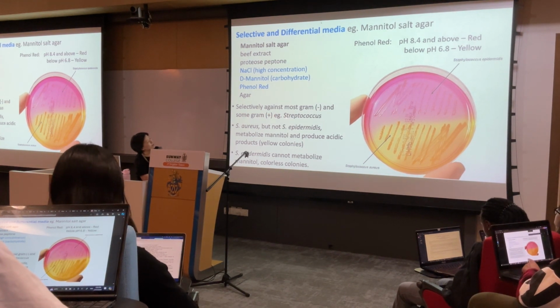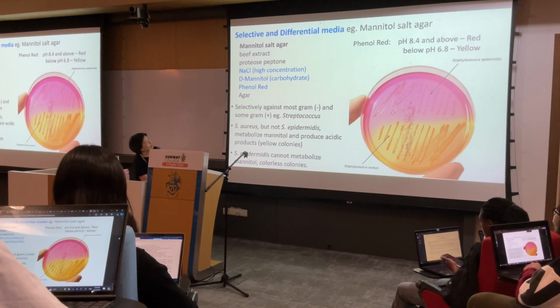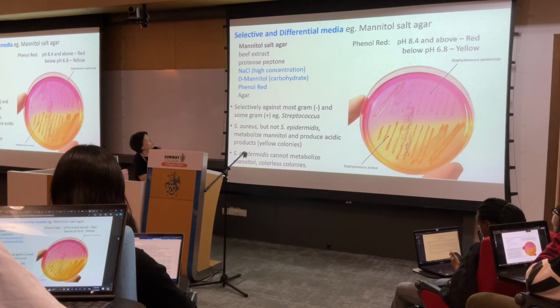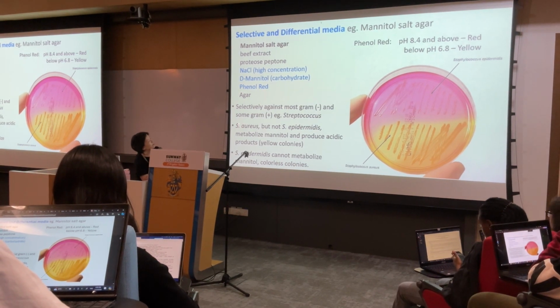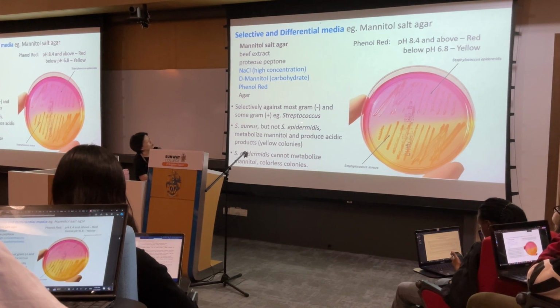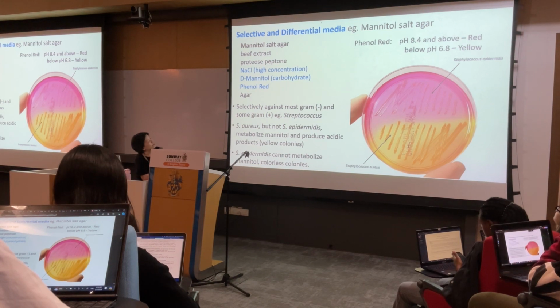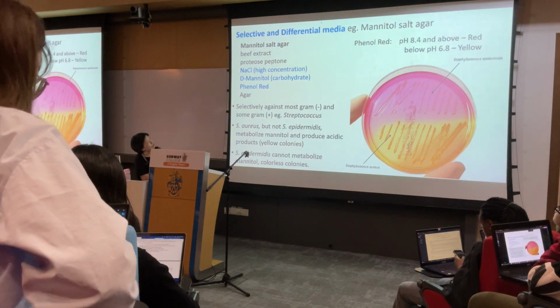The gram-positive such as Streptococcus cannot tolerate it. However, Staphylococcus aureus, as well as Staphylococcus epidermidis, are able to grow in high salt because they are salt-tolerant bacteria. So it is selective. Those bacteria that cannot tolerate salt will not be able to grow on mannitol salt agar. But for those Staphylococcus, most of them are able to grow. However, it is also a differential